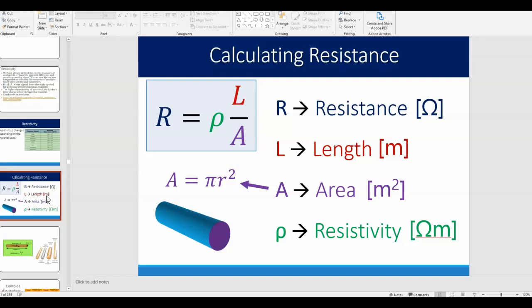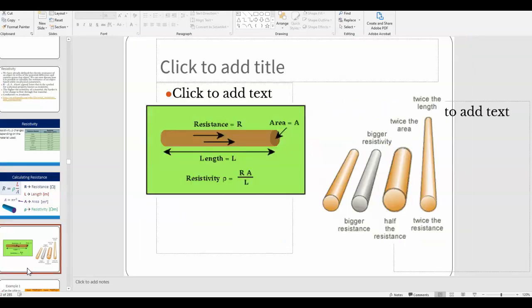Conversely, it is inversely proportional to the cross-sectional area of the object. As you can see in the equation, we are dividing by area, and so if you think of a wire, think in terms of thickness. The thicker the wire is, imagine the wire being like a pipe for those electrons to run through. Okay, the thicker it is, the bigger the cross-sectional area, the easier it is for those electrons to flow. Okay, because there's like literally more space. All right, it should be common sense. If you have a bigger pipe, more water can get through. And so the wider, or the larger the cross-sectional area, the lower the resistance. Okay, so